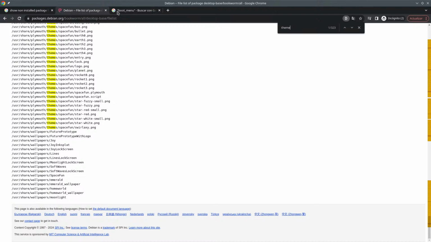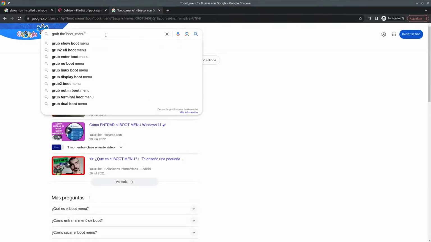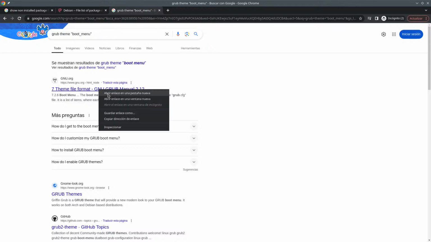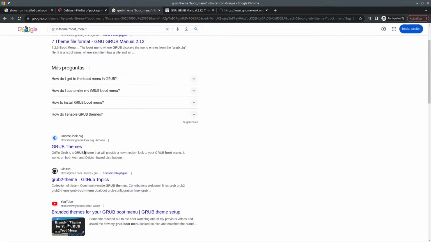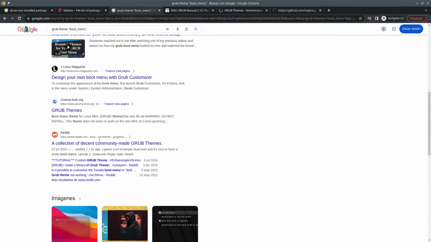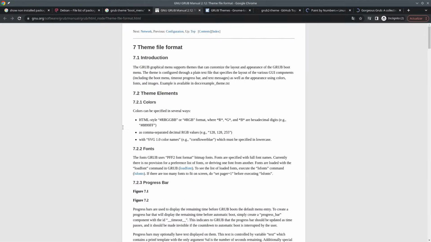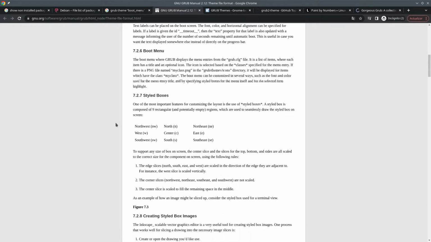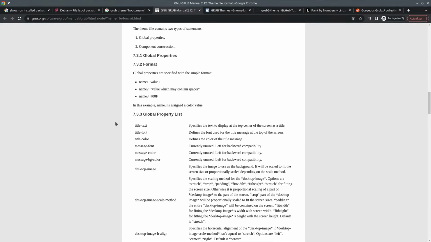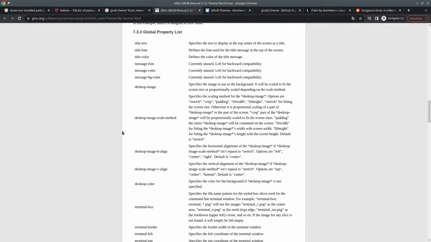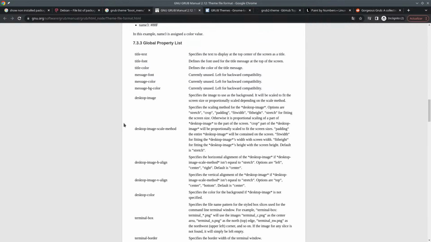Boot menu, group menu, group theme boot menu. Let's see. Brand themes. Design your own collection of whatever. So this is 212. It's not 206, which is the one that we are using right now. Let's see. Global property list, title font, title message at the top of the screen, color title, currently in use, left of whiteboard compatibility, message font, message,